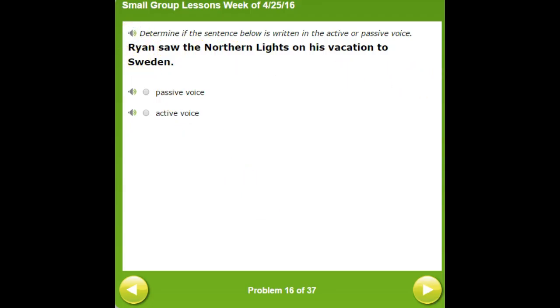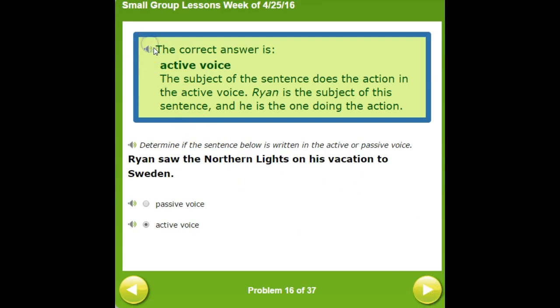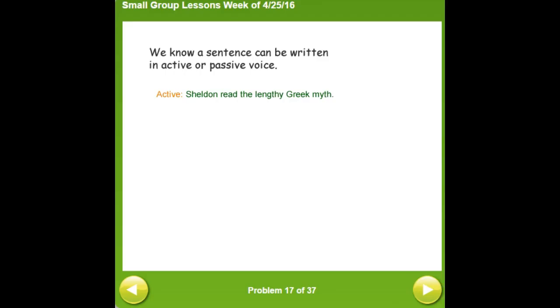Determine if the sentence below is written in the active or passive voice. Ryan saw the northern lights on his vacation to Sweden. The correct answer is active voice. The subject of the sentence does the action in the active voice. Ryan is the subject of this sentence, and he is the one doing the action. We know